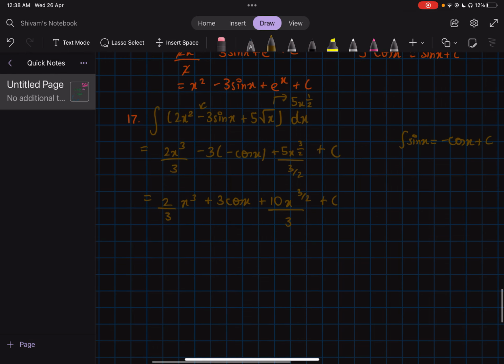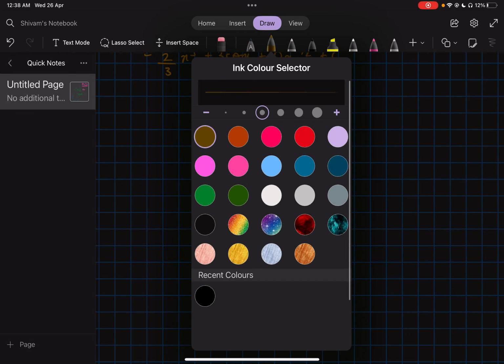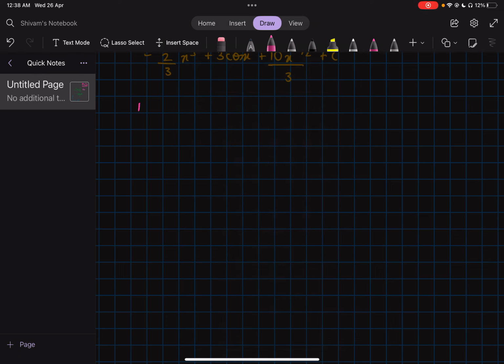Then for the 18th question, it's going to be sec x times sec x plus tan x, right? So again, as a thumb rule, you're going to want to always expand the integrand. So you're going to give this sec x to both of these terms. So that will give sec square x plus sec x tan x